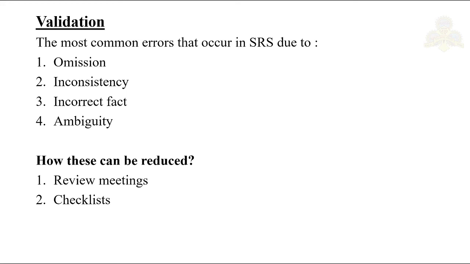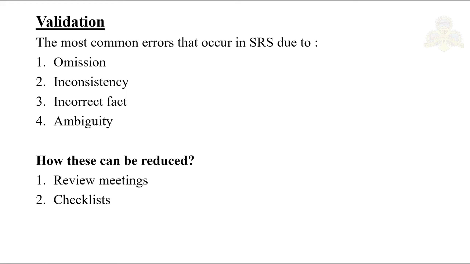Next is inconsistency. This type of error can be due to contradictions within the requirements themselves or to incompatibility of the stated requirements with the actual requirements of the client. So inconsistency means in some part of the SRS the functionality is saying one thing and in another part it is giving a different meaning. Next is incorrect fact. Errors of this type occur when some fact recorded in the SRS is not correct. The last one is ambiguity. Errors of this type occur when there are some requirements that have multiple meanings. You could interpret a single requirement in different ways, that means ambiguity.